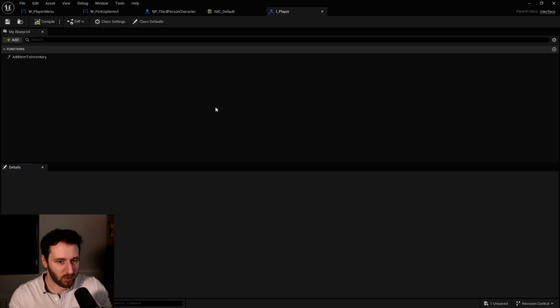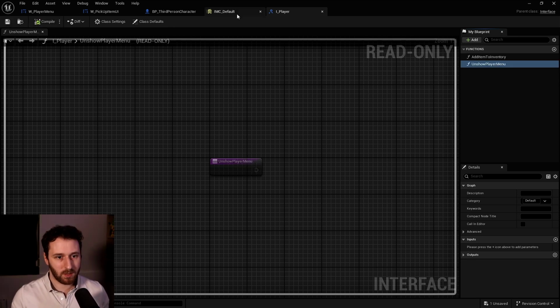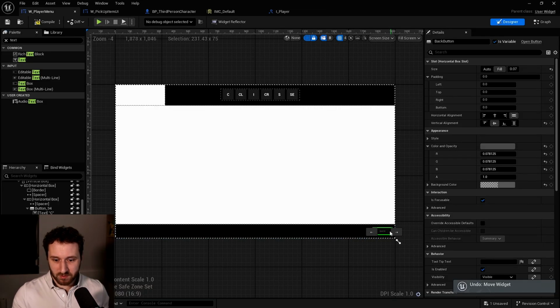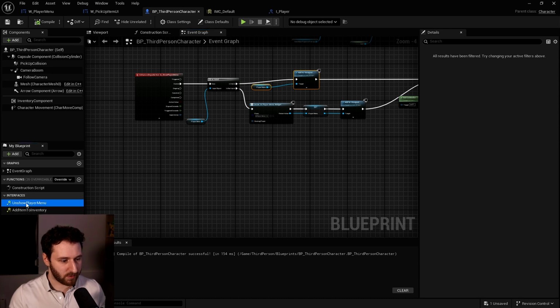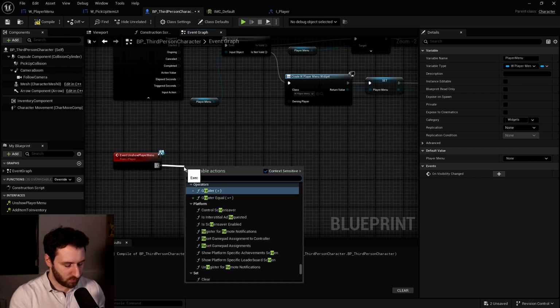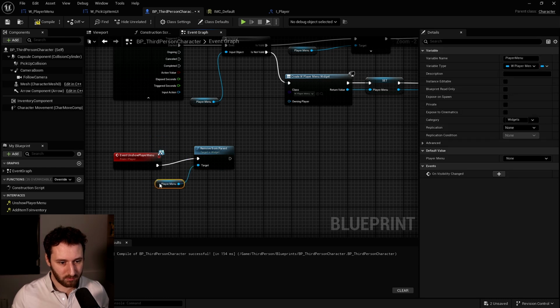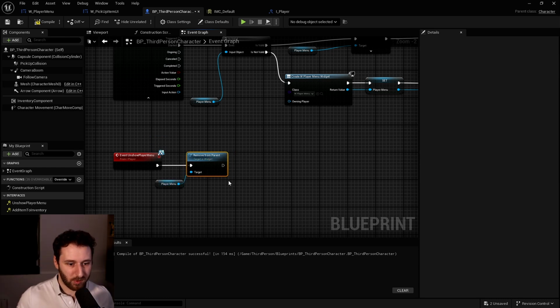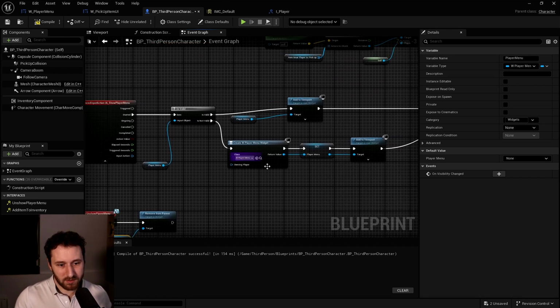I have this interface player. I will open this. I will add a new function, which will be unshow player menu. So this will be able to be called from the widget. When we press this button, we will actually go back to the game, so we'll be able to call this function. In here, I have my interface unshow player menu. I think I do not have to do this. I just remove from parent. Yeah, we have to get player menu, and we do remove from parent. So it will be removed. We'll remove the widget, and then when we press I again, it will be shown. Okay.